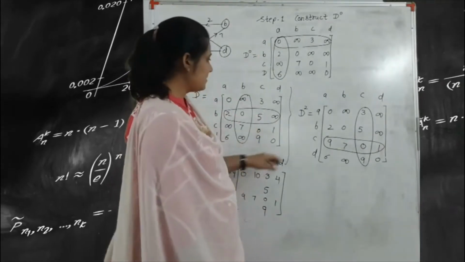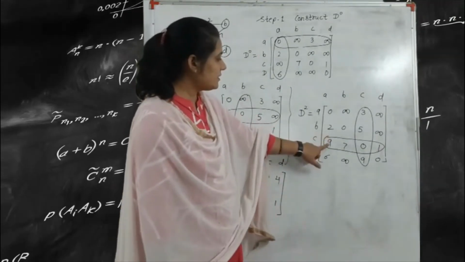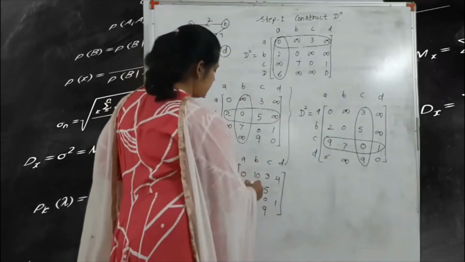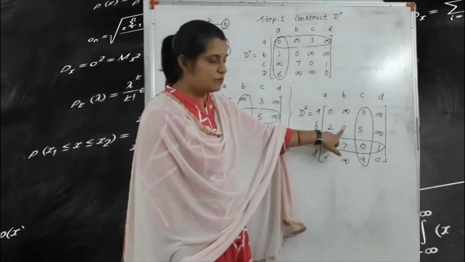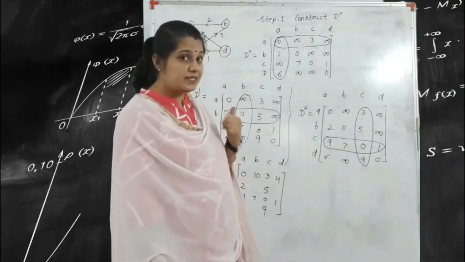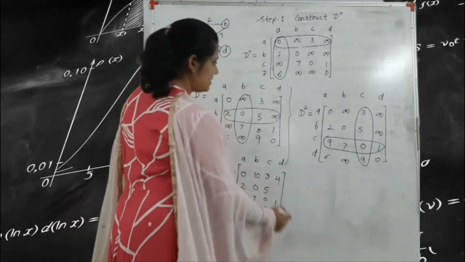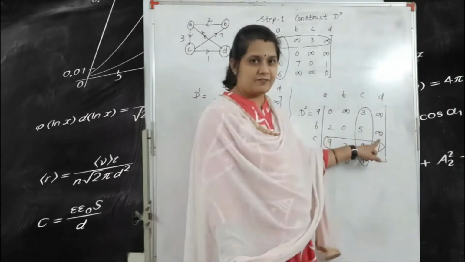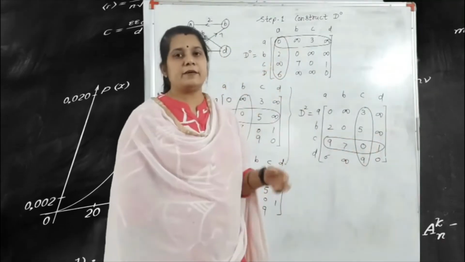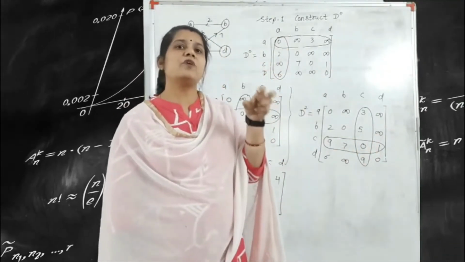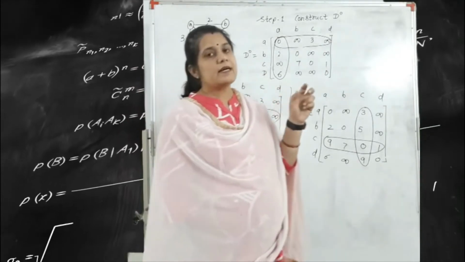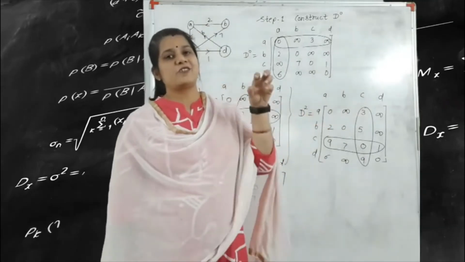Okay. Next one is this 2. So highlighted 9 plus 5. So 9 plus 5, 14. So 14 is greater than the value, so we write here 2. 0. 7, 5. So 7 plus 5 is 12. So again 12 is greater, so we write here 0 as it is. This is the infinite value. Highlighted values are 1 and 5. Every time, you check the highlighted row and highlighted column according to this element, and the sum of the highlighted row and highlighted column values.